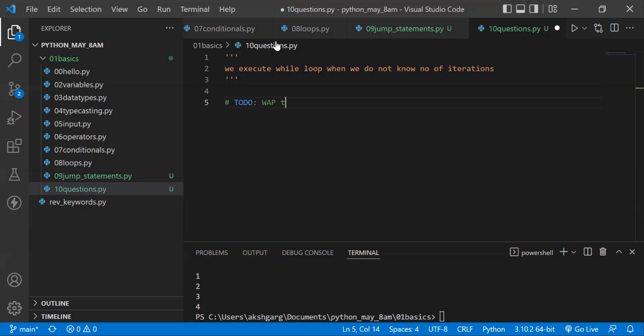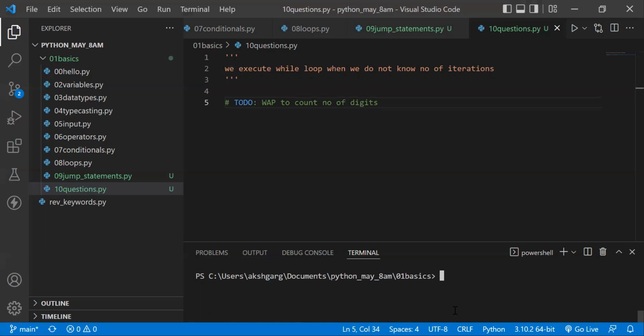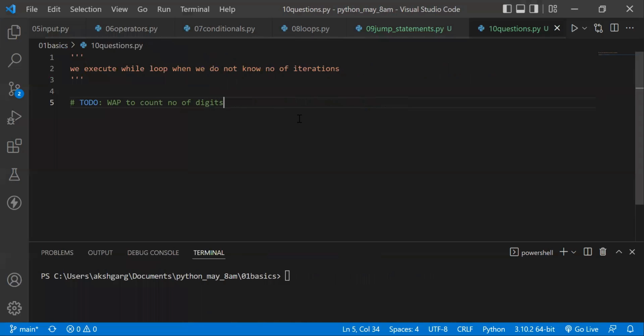Write a program to count the number of digits. This is a question, it can be a very basic question, but still it gives a very good understanding of loops. So inside it, if I say